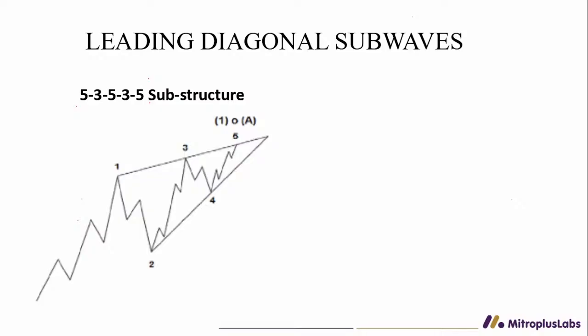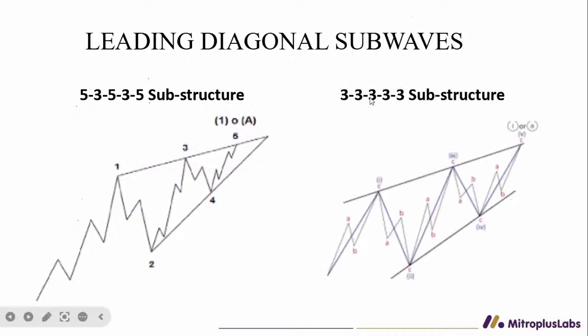Whereas when you look at a 333 structure, in every wave you have subdivision. Looking at it so, further dissect the territory,